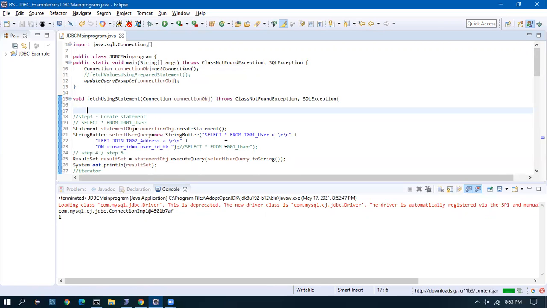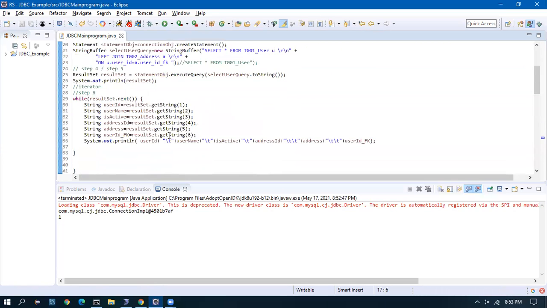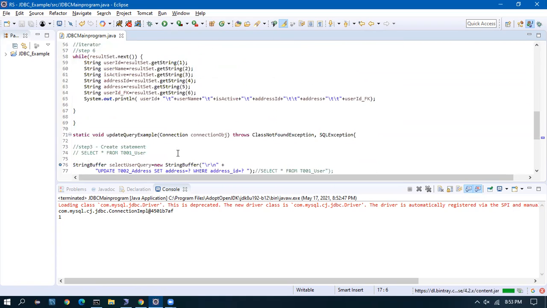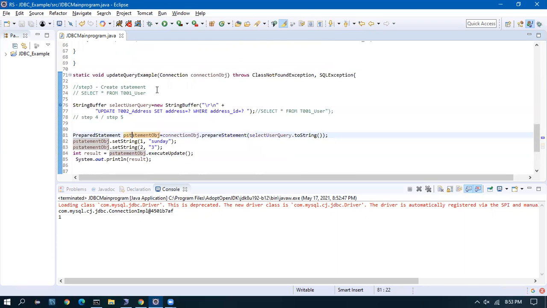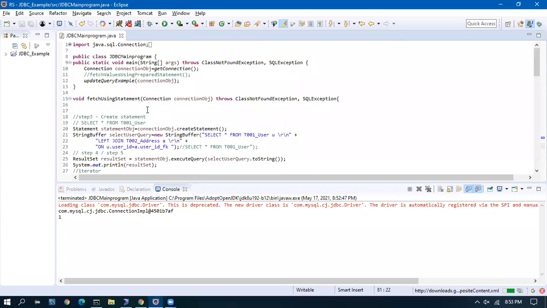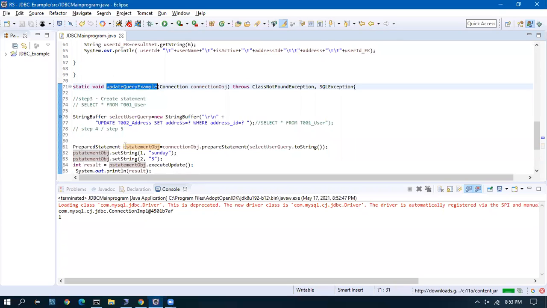So always remember, create the connection only once in the complete application. If you have it even twice, it is wrong. It will definitely cause a memory leak issue. And another thing is, if you create a statement, you have to close the statement, otherwise that will leave it open. If you create a statement, at the end, let us say the one I'm calling now, the update query,